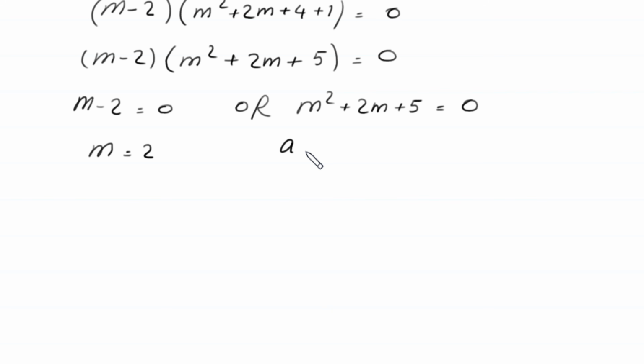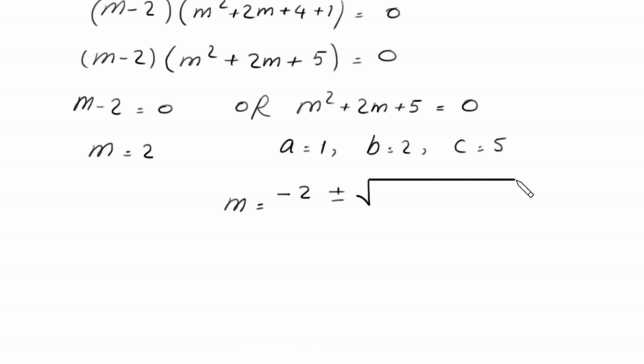In this equation a is equal to 1, b is equal to 2, and c is equal to 5. According to quadratic formula, m will be equal to negative 2 plus or minus square root of, in place of b squared we write 2 squared, minus 4 times value of a 1 times value of c 5,